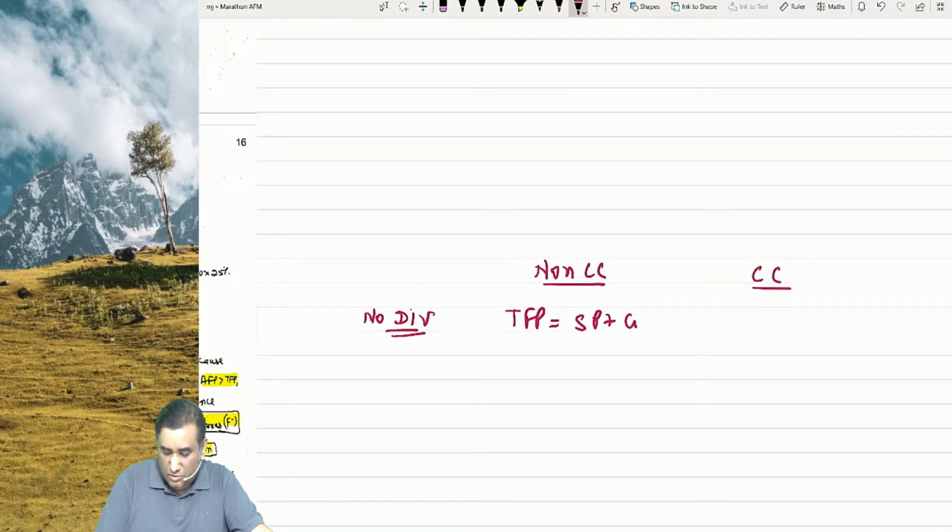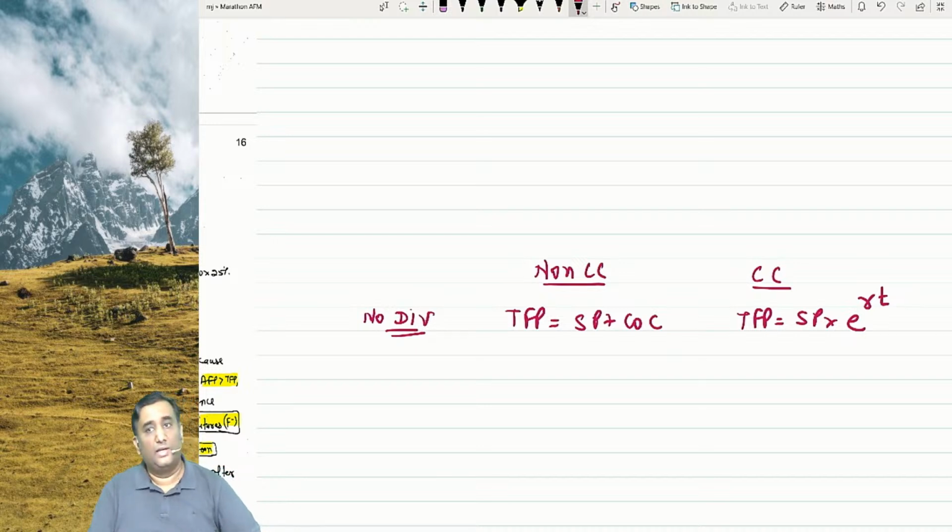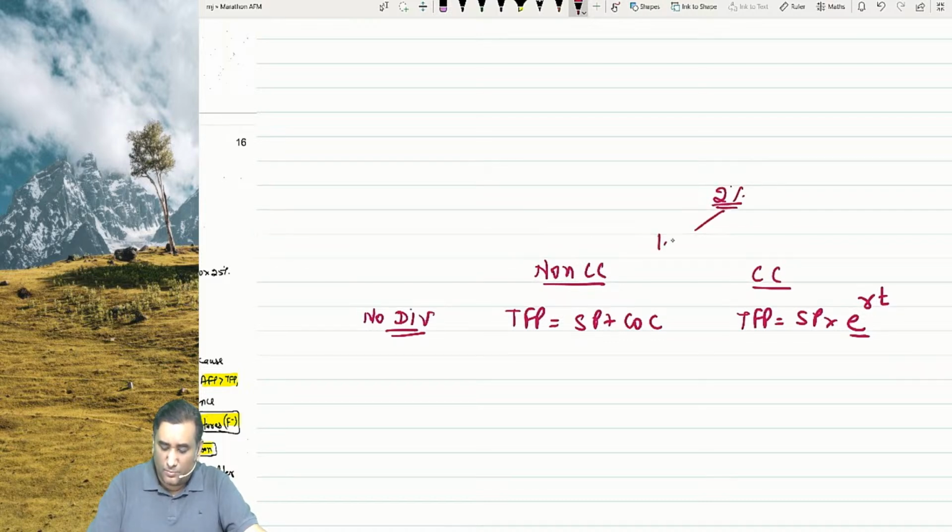In the PF, spot price plus cost of carry. In this case, EFP is spot price times e to the power RT, where R is the continuous compounding rate. The table for e to the power RT I'll show you. The e value would be available to you, 99% available. If they do not calculate it, how do we know the e value has to be applied? They will specify. And let's suppose I say a 2% value: under non-CC, a 1 rupee will become 1.0, and non-CC becomes 1 point